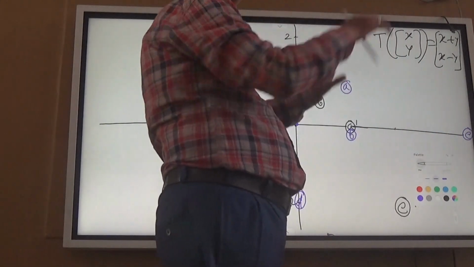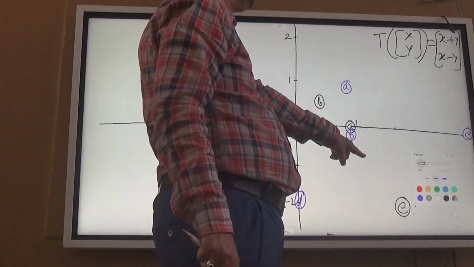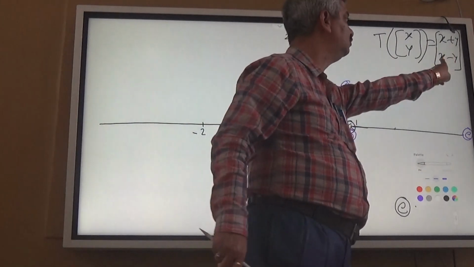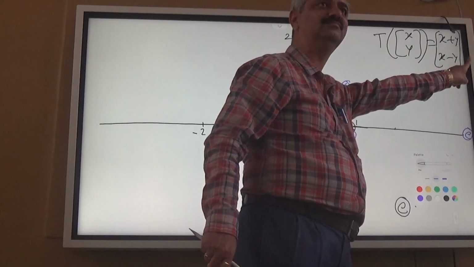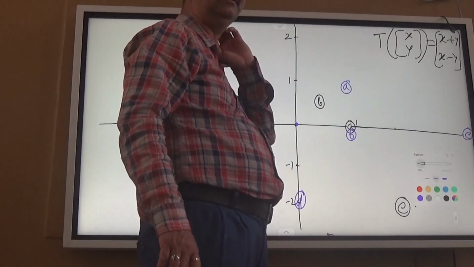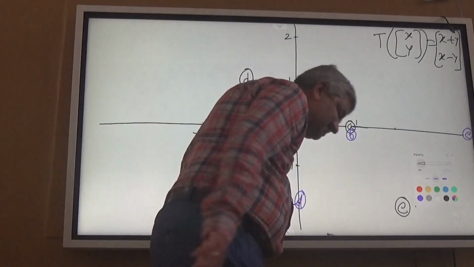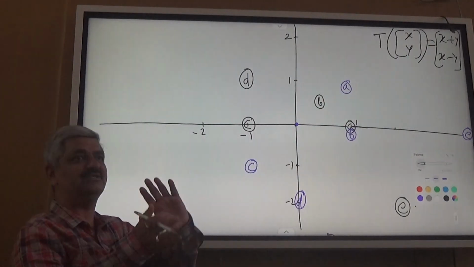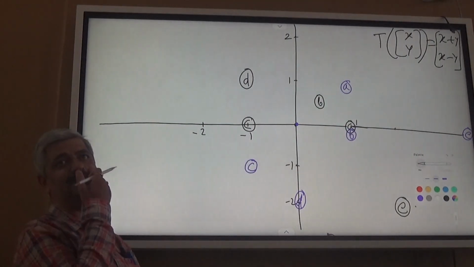Is it right? 2 minus 2, 2 minus minus 2. Is it okay? Right? So this is the way with which the original and image are there, where this is